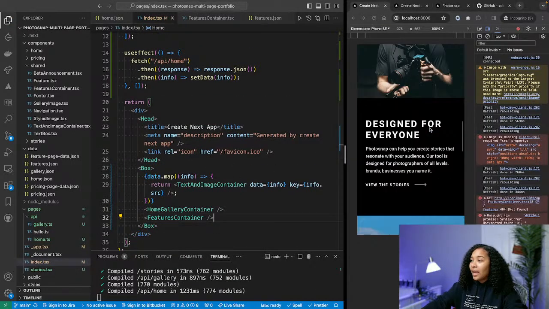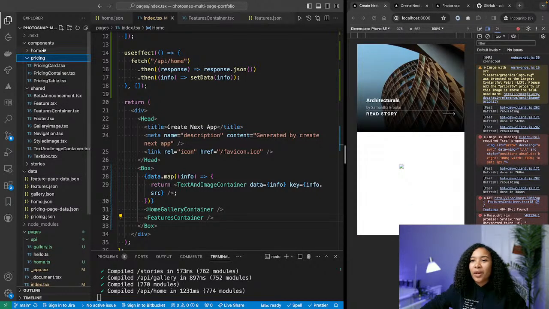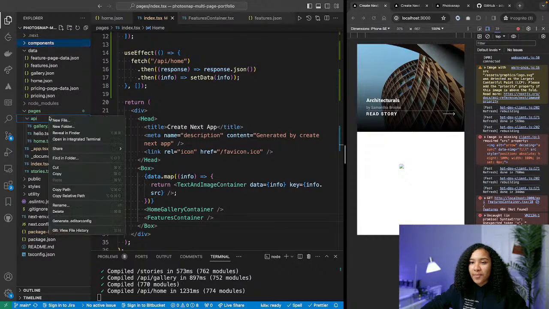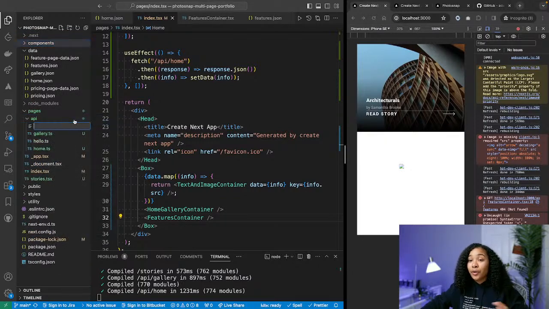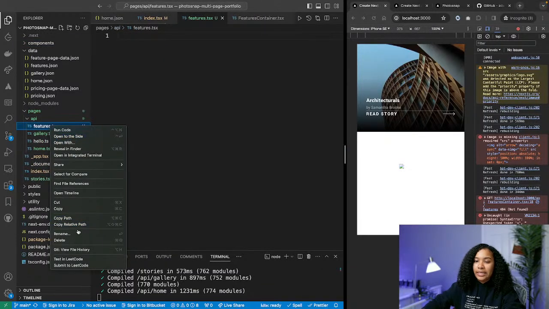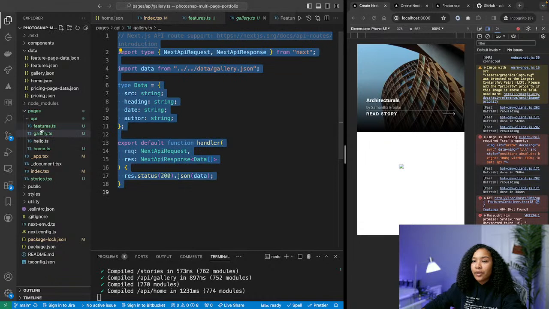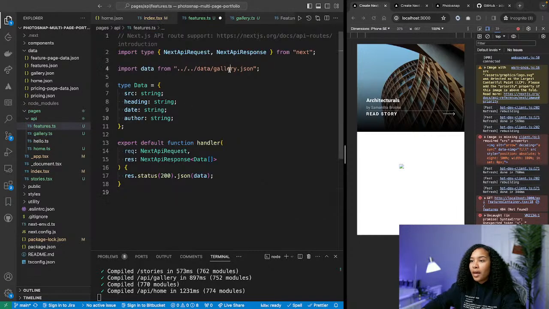Save that. And we're getting an error because we didn't hook up the API. So let's do that really quickly. Cool. So hopping into our API folder, create a new file just like we did before. And we're just going to call it features.ts. Oops, not tsx. TS. Cool. And then we are going to copy what was in gallery, paste that in there. And I'm going to change this to